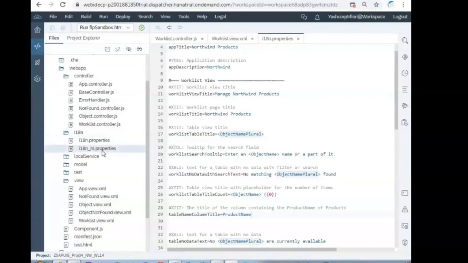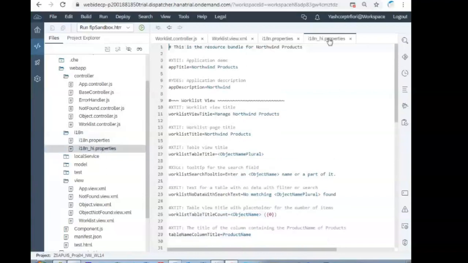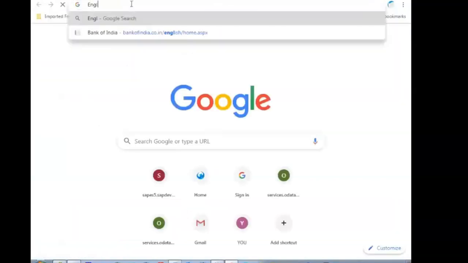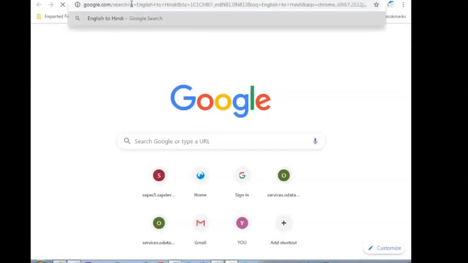Okay, and those two values, you convert into Hindi language. So line number 11 and line number 29, two things. Open Google Translator, English to Hindi.